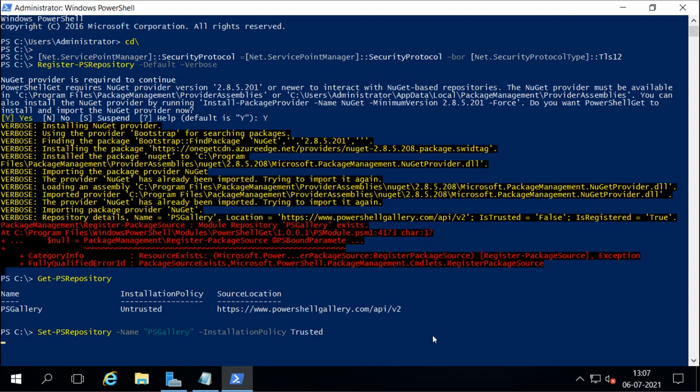For that, we will run this command: Set-PSRepository with name PSGallery, and the installation policy to be trusted. So we'll select this, and now it will make it trusted.